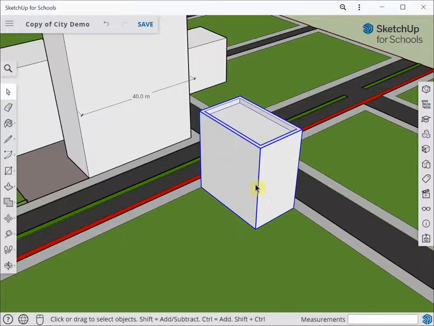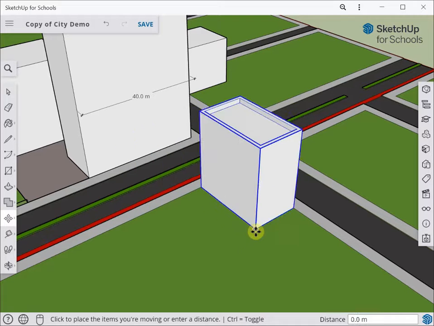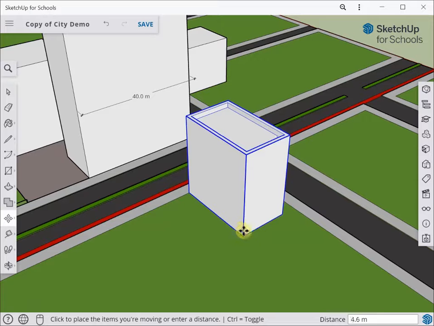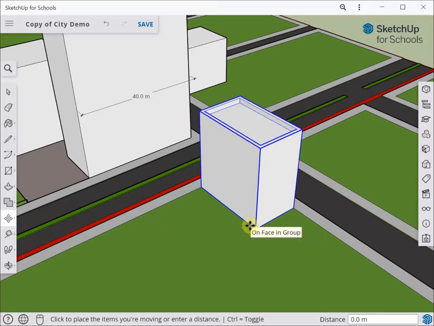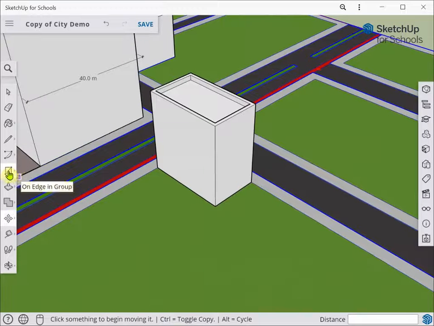Now, because we've created a group from that footprint before we pulled it up, if I want to move the building, I can now do that. Okay, and the whole entire building moves with me, or with the rest of the building, so it doesn't separate. And what I mean is this: